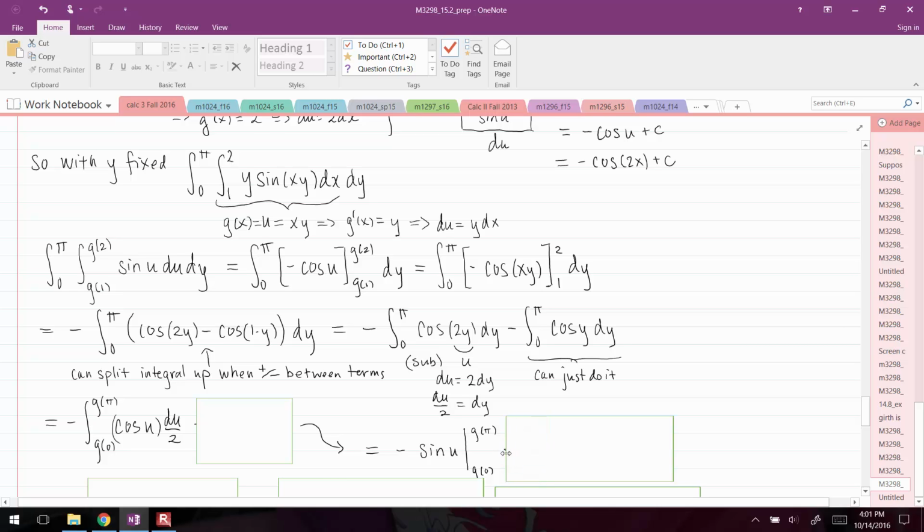Oh, I forgot to do my 2 as well. I'm just going to have to get rid of my boxes or deal with the fact that those are not going to be there. Got too many mistakes here. So this was plus, and then what else happened here? I forgot my 1/2. Okay, there we go. So then what we got here,